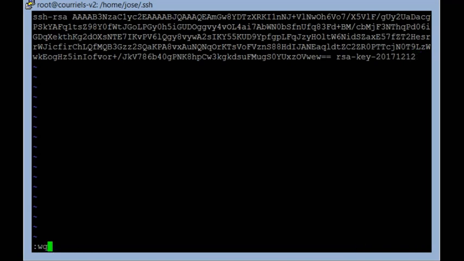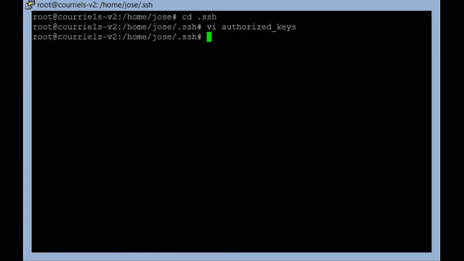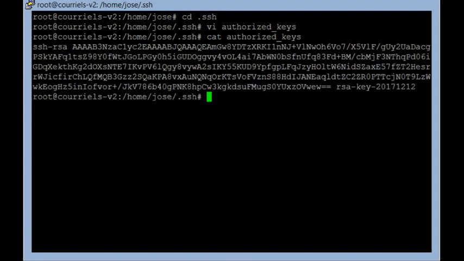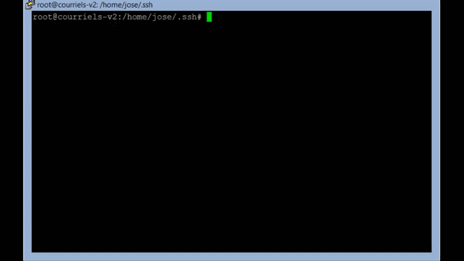save it, typing in :wq in vi, use nano if you prefer. Then I just cat the authorized_keys here. It's the same content as I pasted in. So that's the public key the host is going to use to connect as the user José.